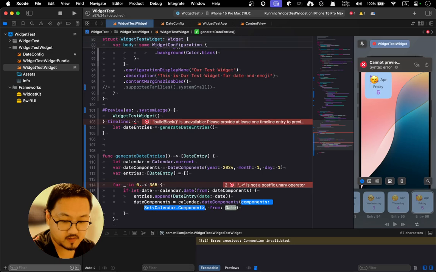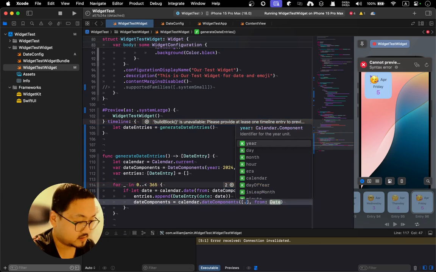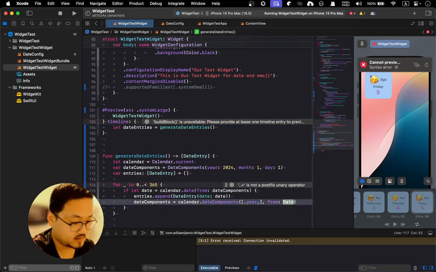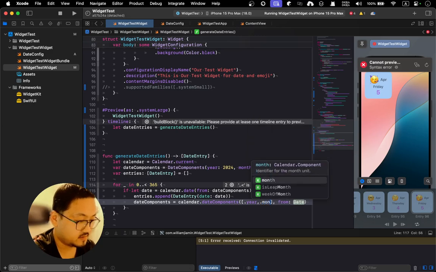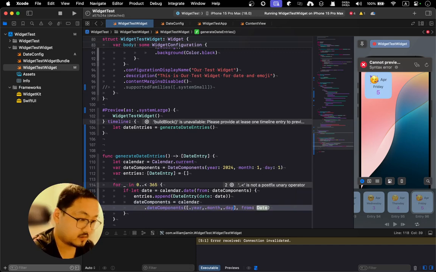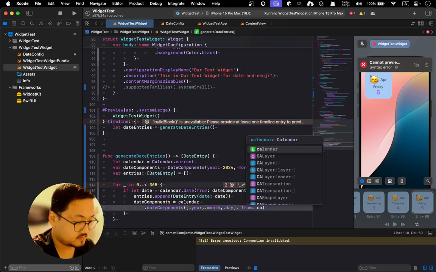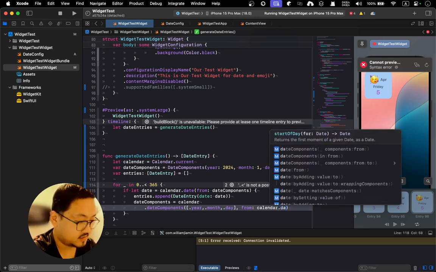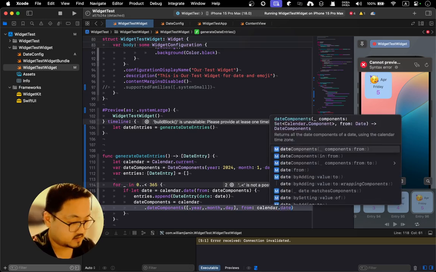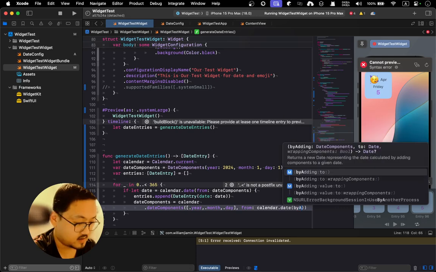So I'm going to add the components, date components dot year, and then dot month, and then dot day. So you just need to find these three components to add it. And from, okay, date, we're going to get this calendar dot date, and we can add that by adding